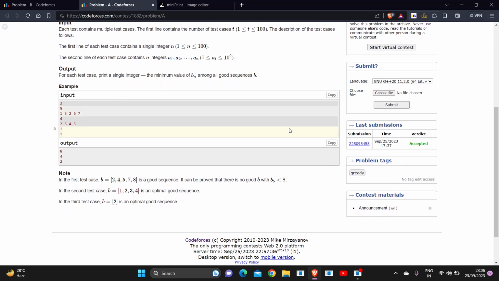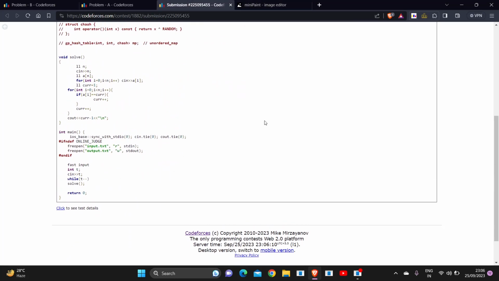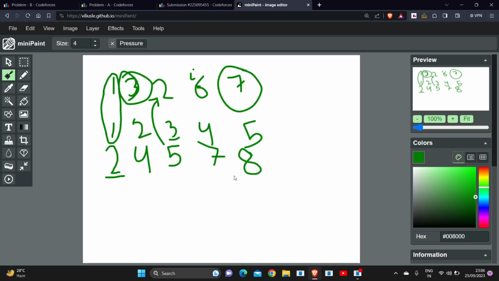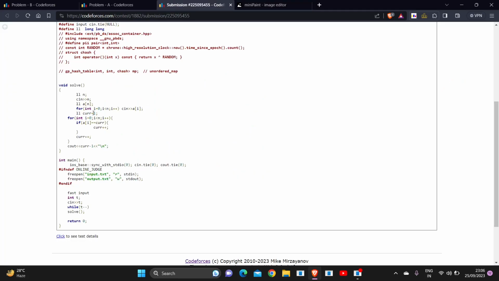We can see the solution of it here. You can see my solution here is accepted. This is my input, and I was making the value of current. I am initiating my current as 1, and as I go from I equal to 1 to n, if the value of a of I is equal to current, then I am doing current plus plus, because it should not be equal, and this value should be the next one. Why am I doing current plus plus here? Because for the next value,